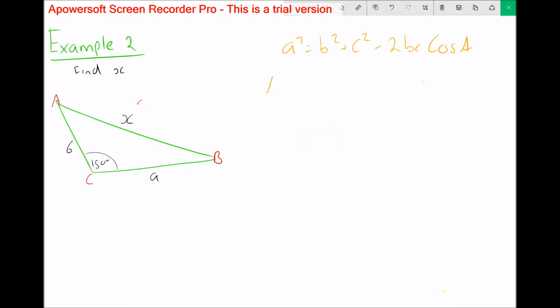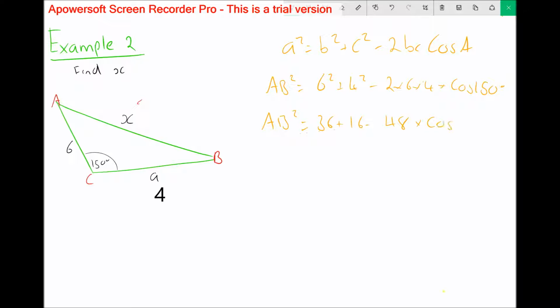So in this example, we are required to find the value of x. And first, we must recognize that the cosine rule is needed because we have an included angle between two sides. So first, we label the diagram and state the cosine rule. After doing this, we plug in the values according to the diagram, and then mainly after this is just an